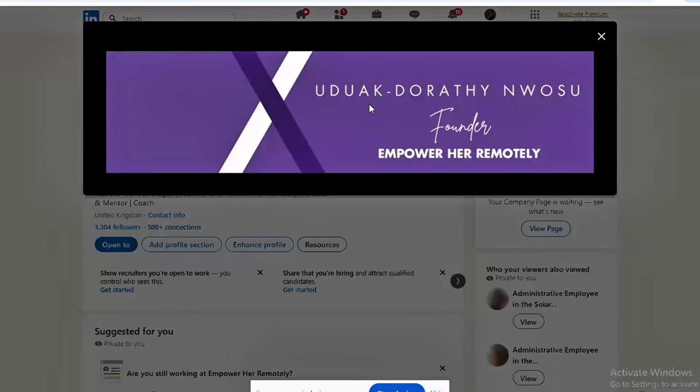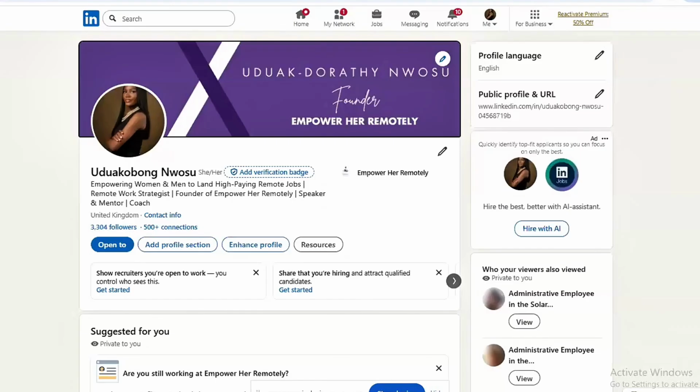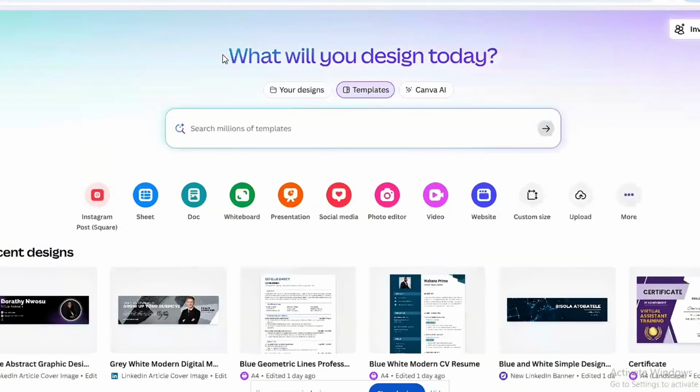Some people used to just operate LinkedIn without putting their banner. Banner is super, super important. Banner should represent what you do. And how to go about banner is very, very simple. You can use Canva to create banner. So if you are on Canva, what you're going to do is just go to your search button